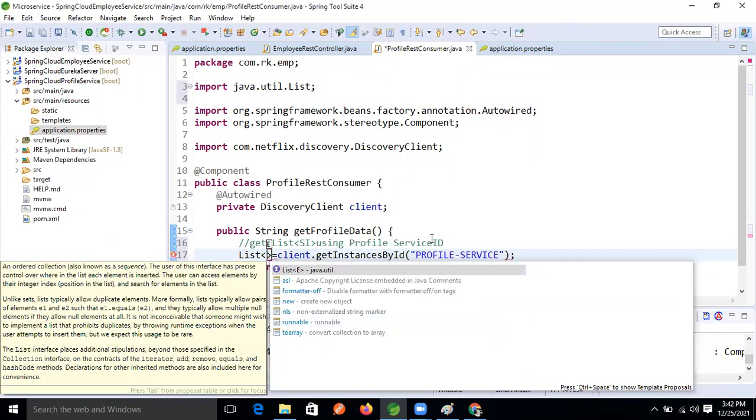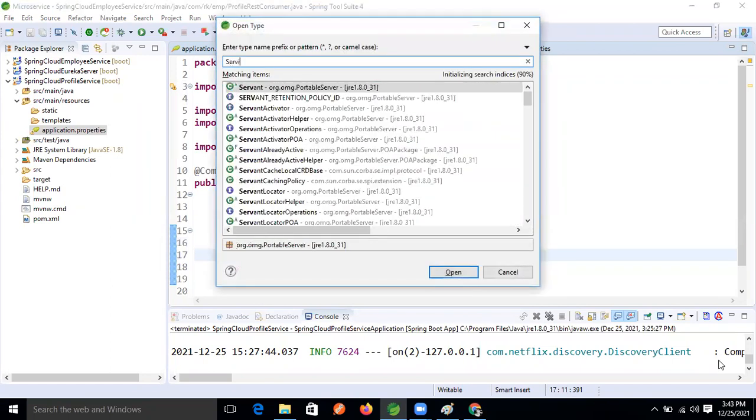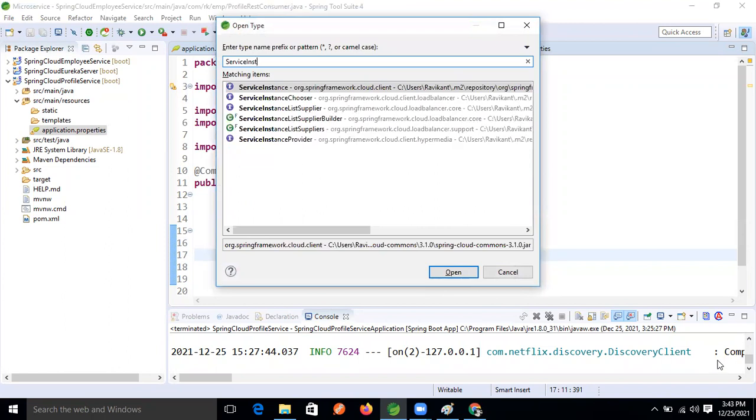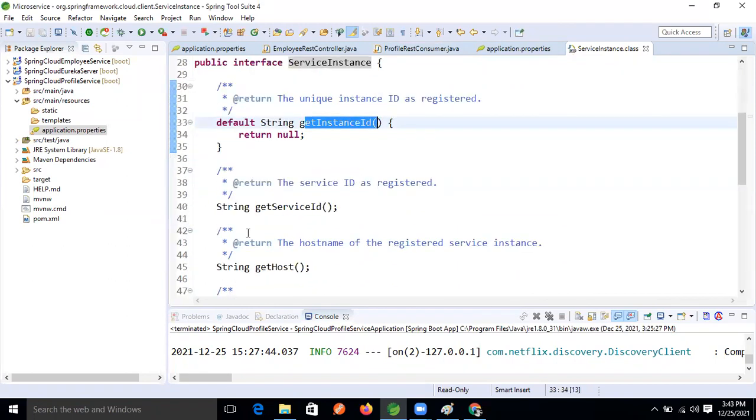Why is this one not giving? One minute, something is going wrong. Spring Cloud, this is there, right? So service instance is there. This is the interface. Okay, good. So getInstances is there.